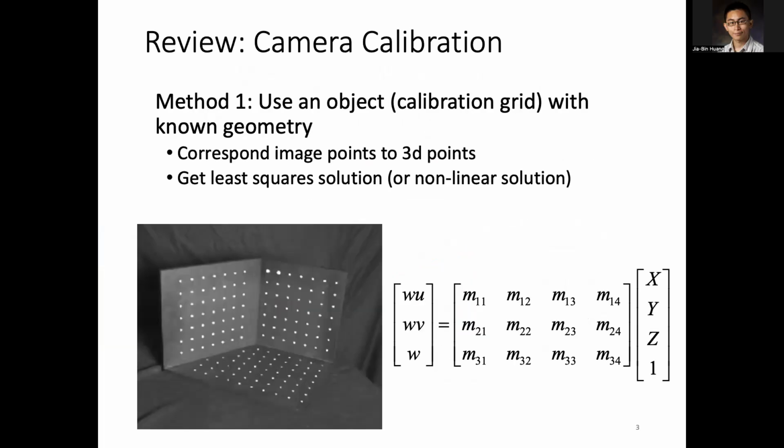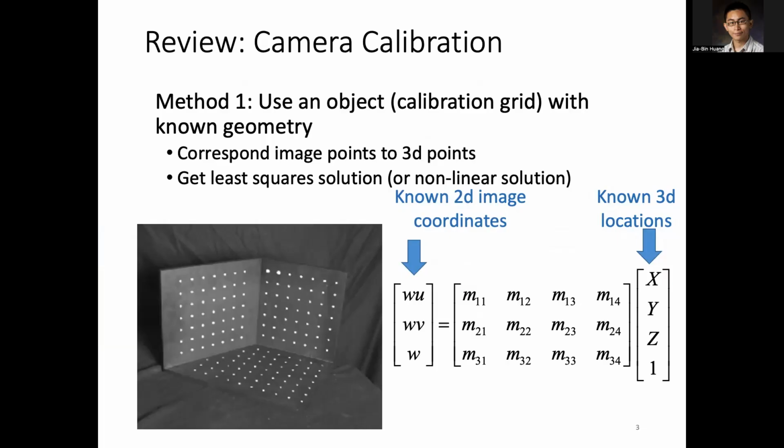We already talked about this. Then earlier we talked about how you could calibrate the camera. The way you calibrate the camera is that you have a known object and you take a picture of that known object with your camera. For the known object, you have the corresponding 3D locations, which are the known things, and for the 2D locations you can run your Harris corner detection algorithm to identify those key points. Then you want to solve for the unknown: what is the